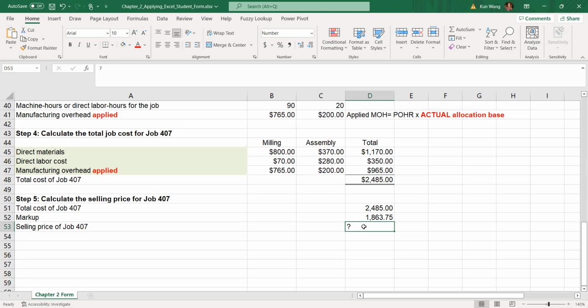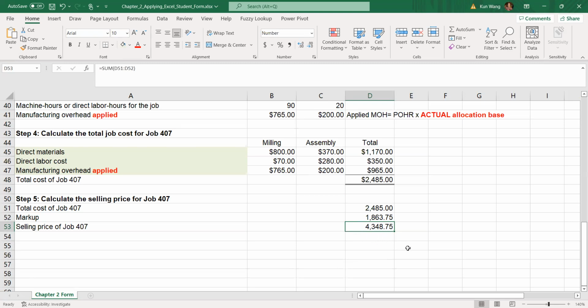And this one will be adding them together. So you can do a grand total, or if only 2 rows, you can just do the addition. So the selling price for the entire job, based upon the company's markup policy, will be